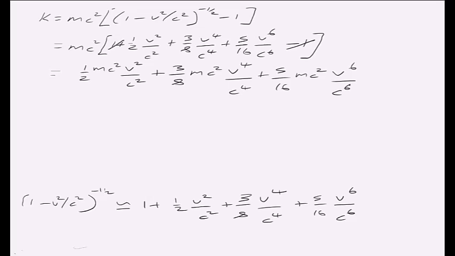And we can see from this that the c squareds will cancel here, this c squared will cancel here, this will turn into a c squared, this c squared will cancel here, this will turn into a c to the fourth, and so we end up with a result that the kinetic energy is given by 1/2